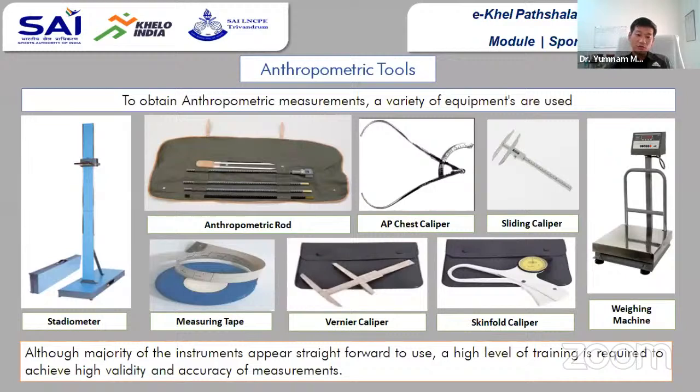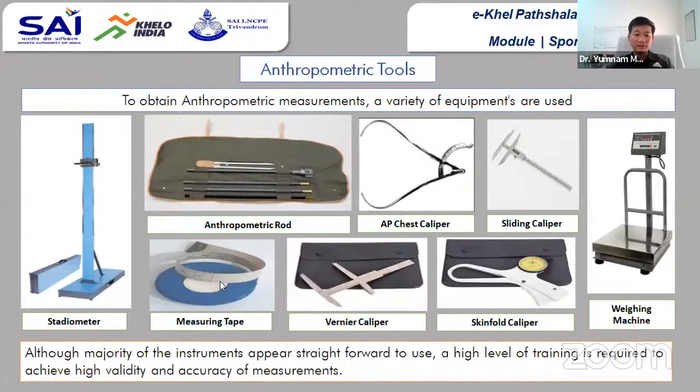This is used for your wrist joint, humerus joint, knee joint or ankle joint. With this we can measure the diameter of your wrist, humerus, knee and ankle. From that we can calculate the bone mass of that individual. So rather than the sliding caliper, we use this vernier caliper more for the athlete population to measure the bone joints, and from that we can calculate the bone mass of the individual.